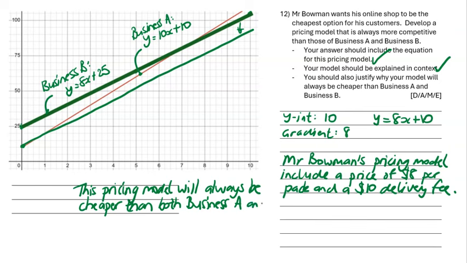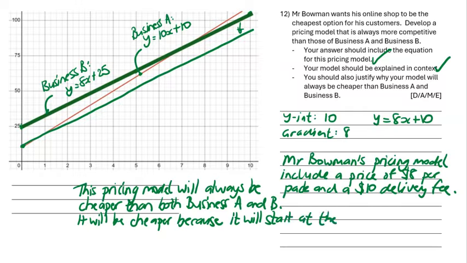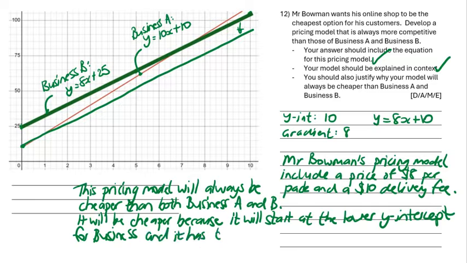Business A and B. It will be cheaper. This is where the justification will become. So it will be cheaper because it will start at the lower y-intercept for business B, or business A, sorry, for business A, and it has the smallest gradient